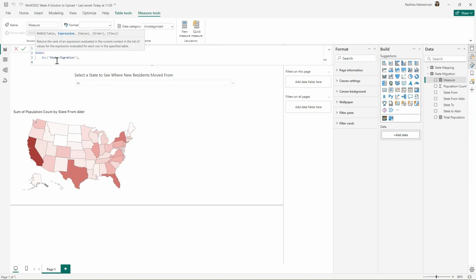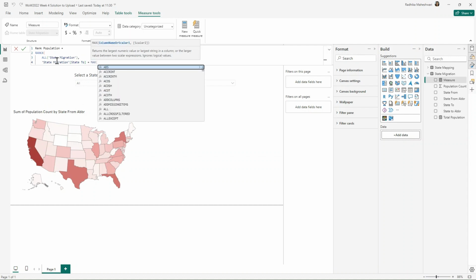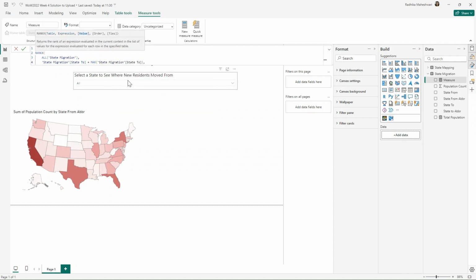So what I'll do is I'll say when the state 2 is equal to max of state 2. So the max of state 2 will select whatever is coming from this visual. So if that is the case, then we want the total population measure that we have created.